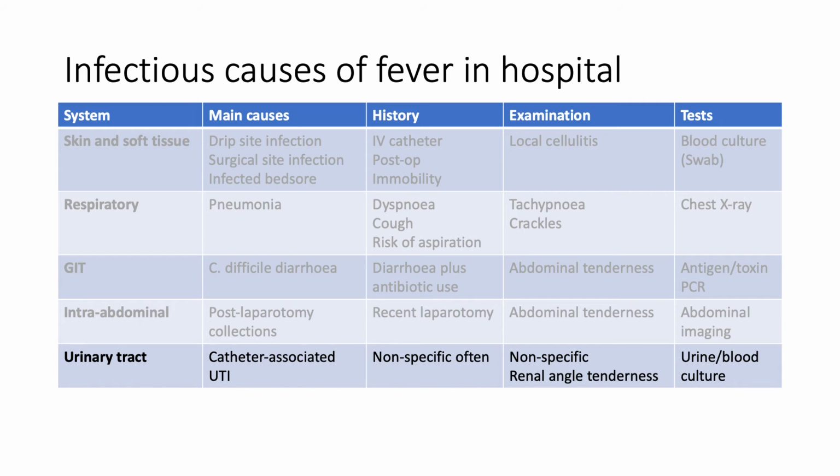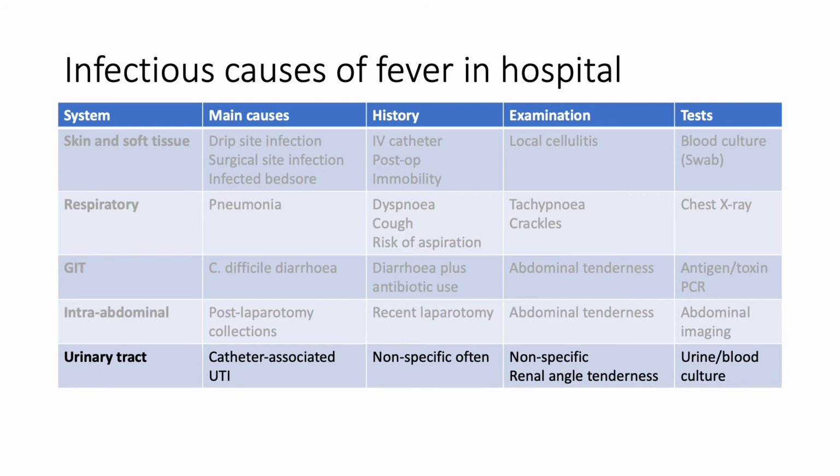And the manifestations of catheter-associated urinary tract infection are very non-specific. Often we just see patients have a general deterioration, so become more confused, become tachycardic, have a systemic inflammatory response syndrome with the fever. There might be renal angle tenderness, but in my experience this is quite uncommon. There might be suprapubic tenderness, again much less common. And this is a very important diagnosis to consider high on the list after an initial screen on history and examination for skin and soft tissue